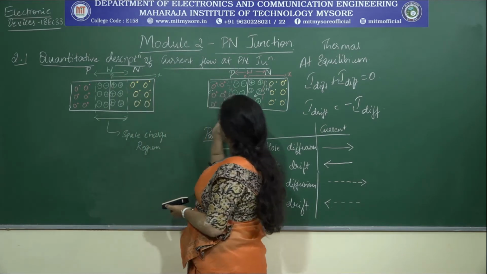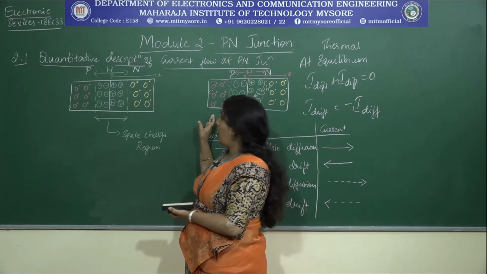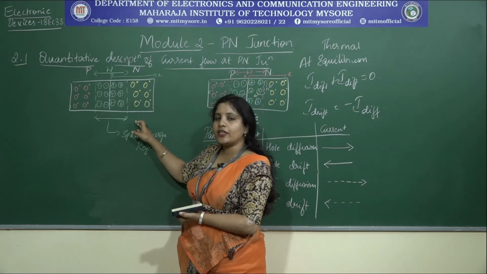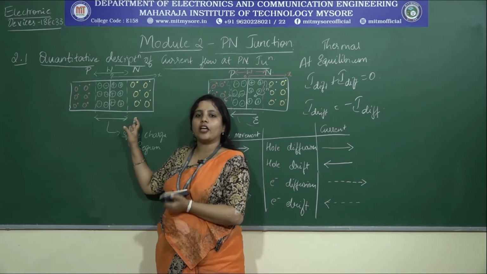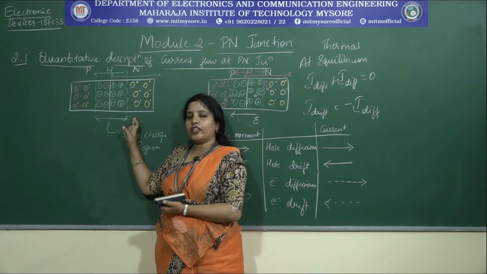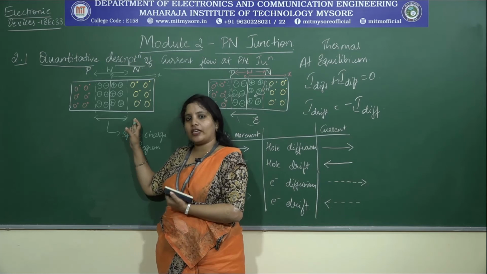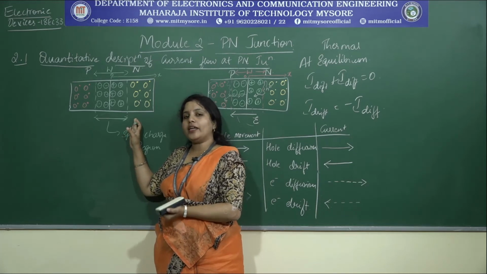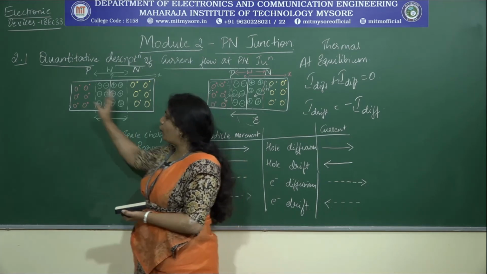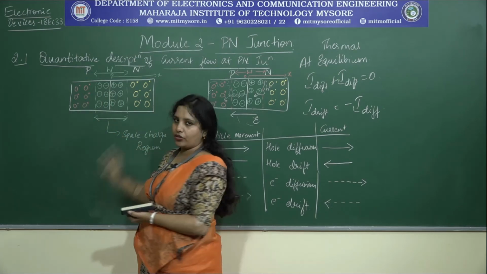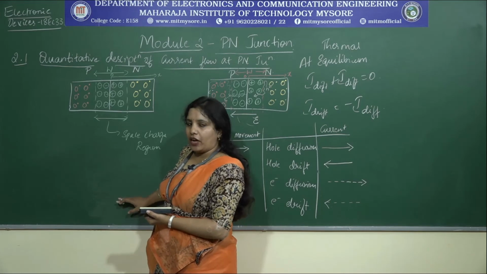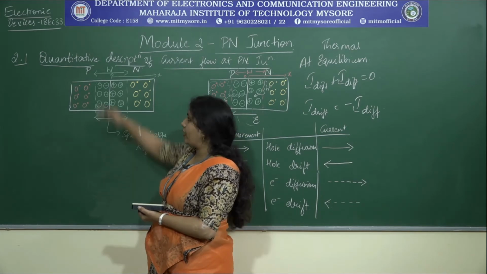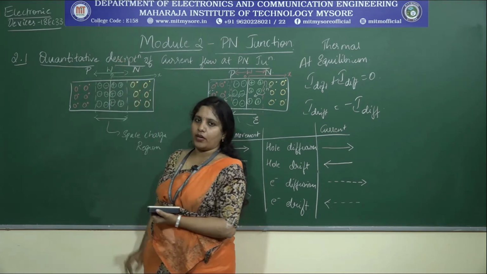Now, I am considering the same diagram as the previous one. Why am I considering it again? Now we need to understand what is called the electrostatic potential. Whatever potential is present in the charge, how does it change when it moves from one region to another region? If you understand that and try to represent it in graphical form, then it will be easy for you when I consider the actual topic.